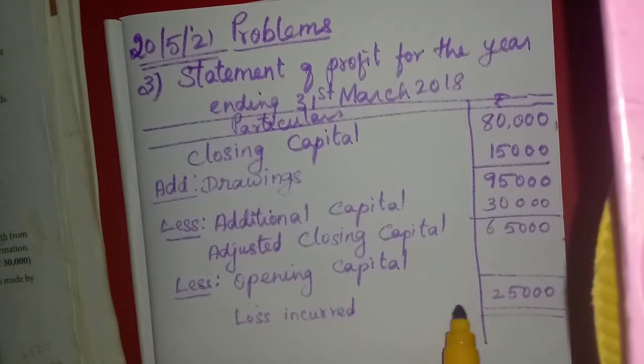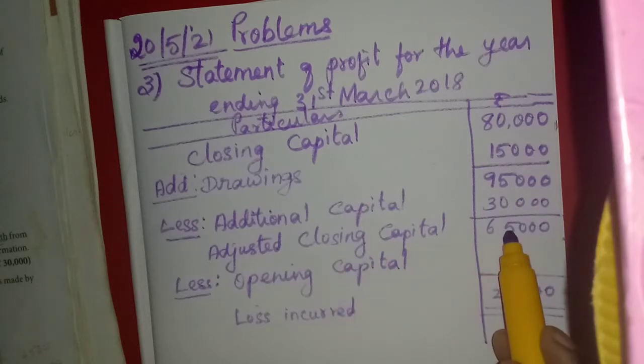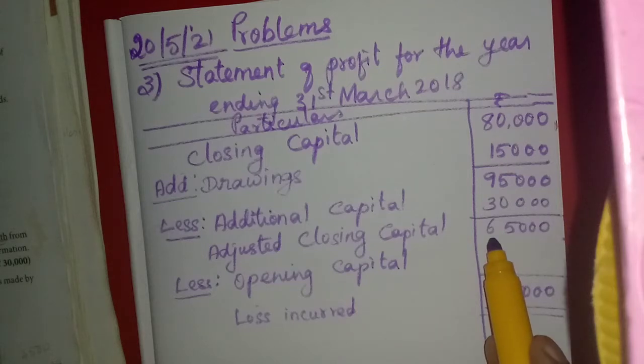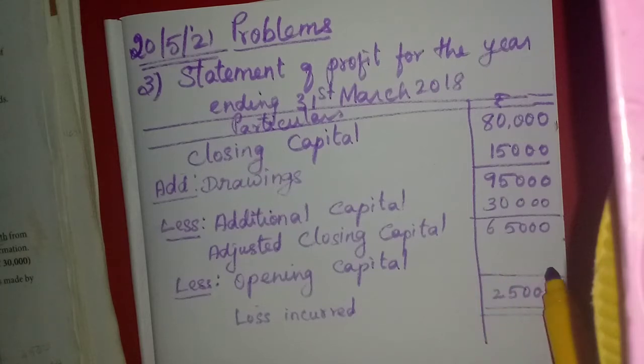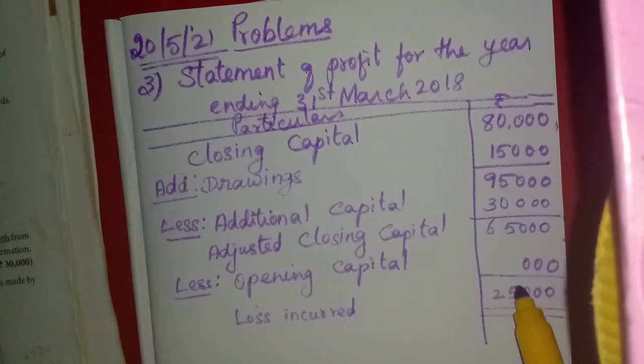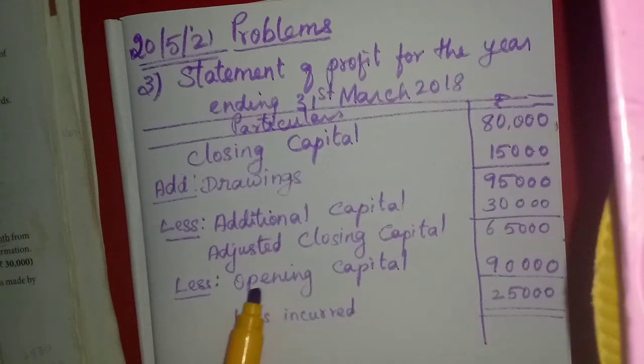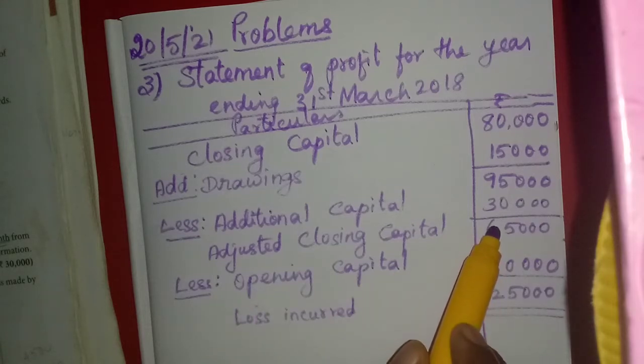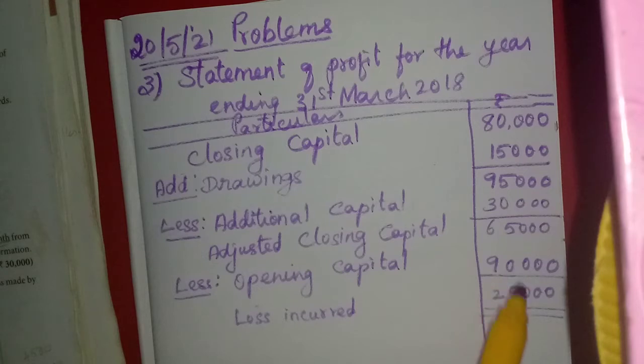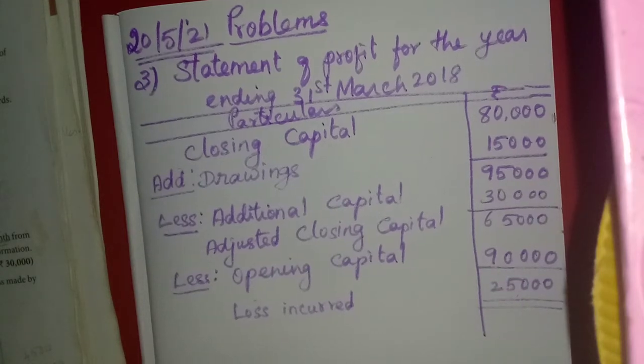I told you if the closing capital will be more for the profit, isn't it? Here it will be less. So what we have to do? We need to add these two and we should write here. Then only the opening capital will be more. So add and write. 5 and 5, 10. Balance 1. 7 plus 2, 9. Now you see opening capital more. Okay, if this is more, we will get profit. If this is more, we will get loss. Okay, that is the one you should understand.